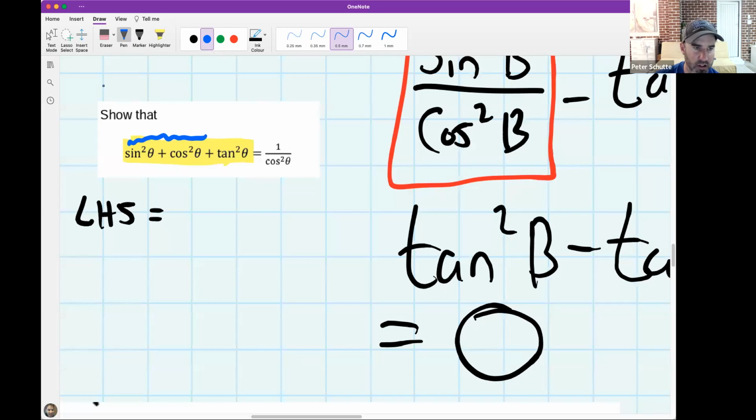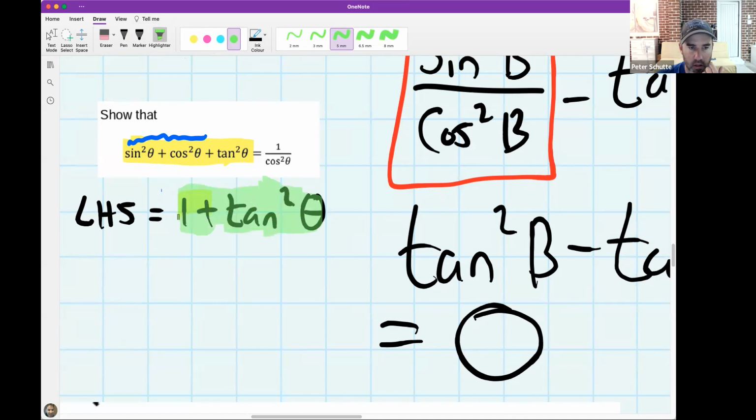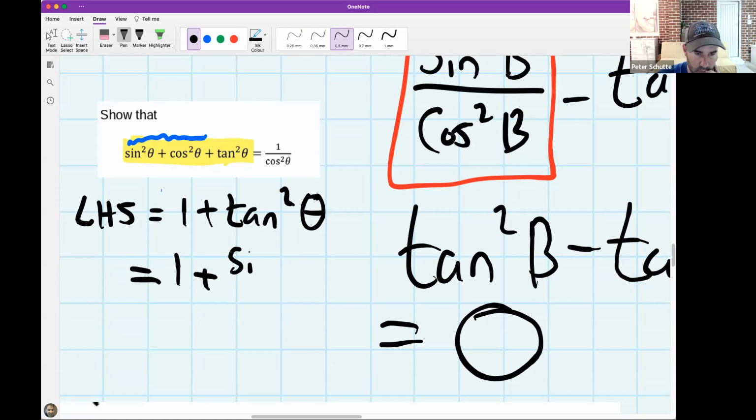So you're right to hone in on this bit. Essentially sine squared theta plus cos squared theta is going to be the same as 1 plus tan squared theta. Now the problem we have is this doesn't look anything like the right-hand side yet. So what can we do? What other tools do you have in the toolkit so that we can get a cos to pop out of the woodwork? And I think we can make tan